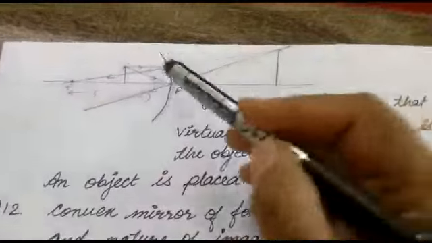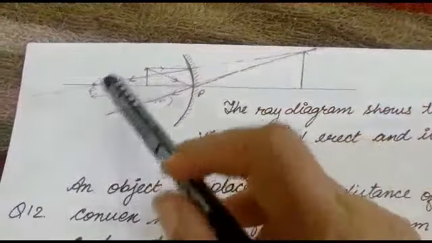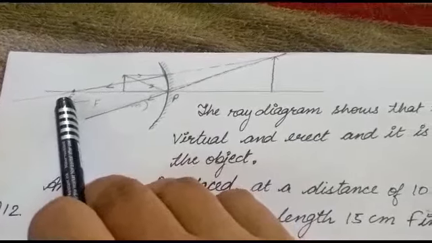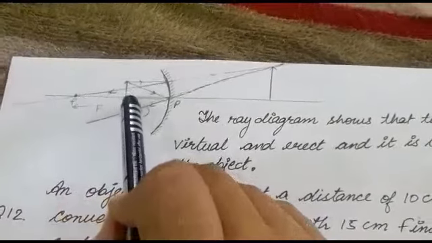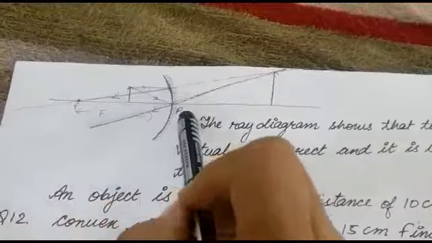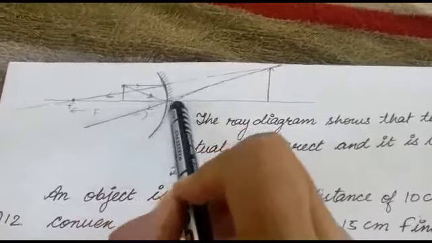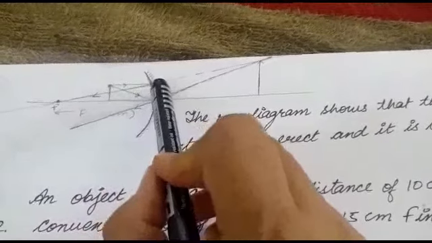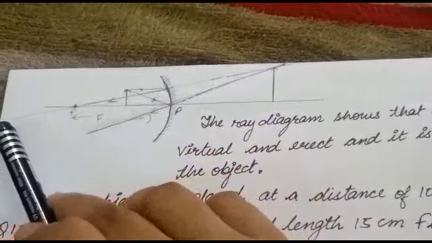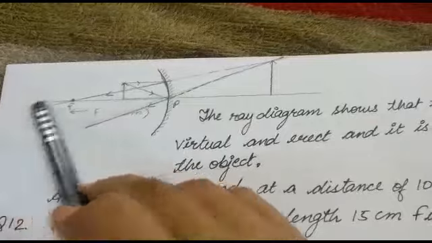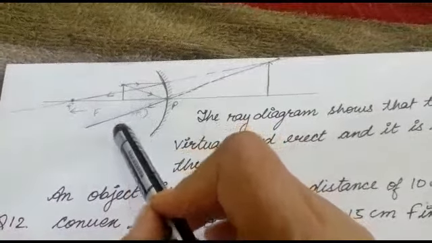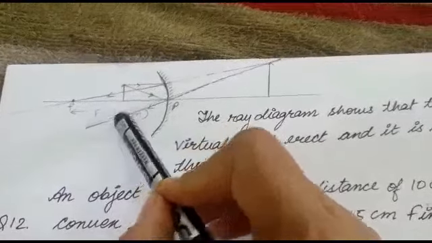Let us see this thing. This is our concave mirror and this is its focal point, which is at 15 centimeters, and we have kept the object between focus and pole. When we put the object between F and P, then only, see the ray diagram, I have explained it to you in the previous topics, and the reflected rays are diverging or they are spreading away.